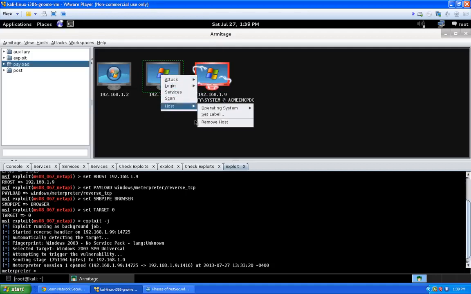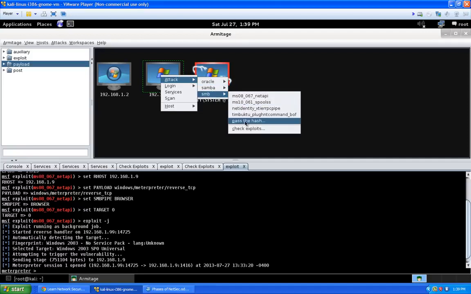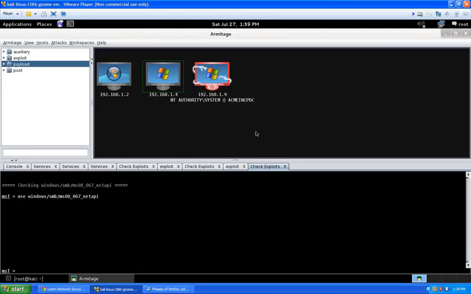And then of course in Armitage, like I said, there's a bug and it will succeed, but it won't show the host is compromised up here in the GUI screen. Anyway, so let's go to this SMB, and let's go ahead and go check all these exploits. So you can see it's checking